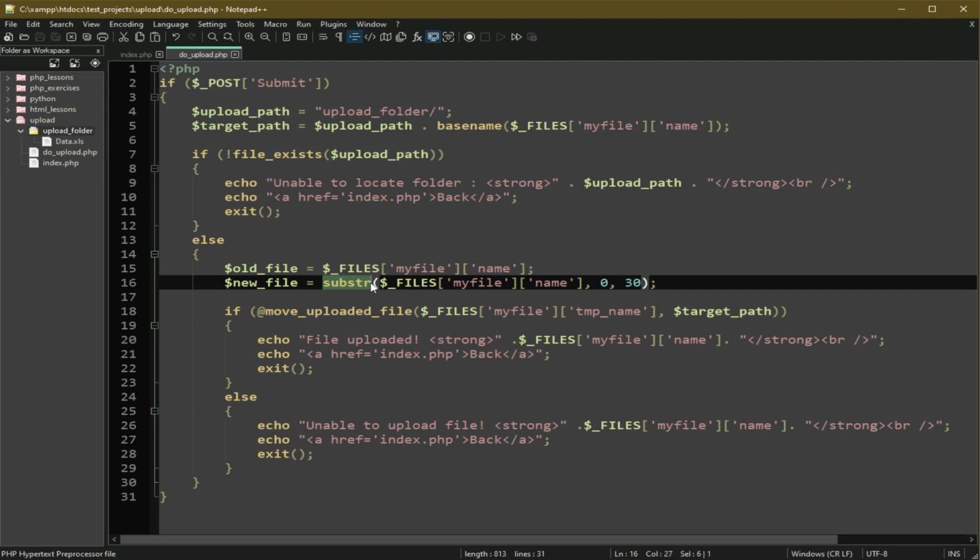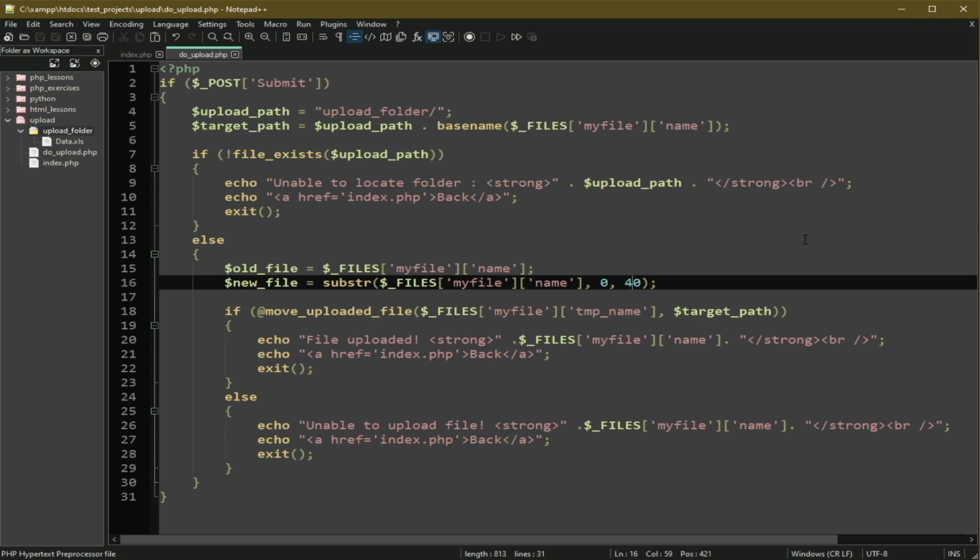In Windows, there's a limit to the length of the file name that we can use. That's why I limited it to 30, or maybe we can make it 40. I think the limit is around 255 characters only. That's why in this case we limit it to just 40 characters so that it will be